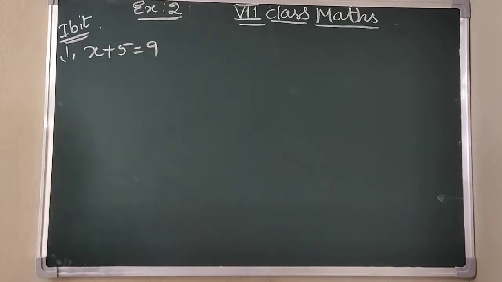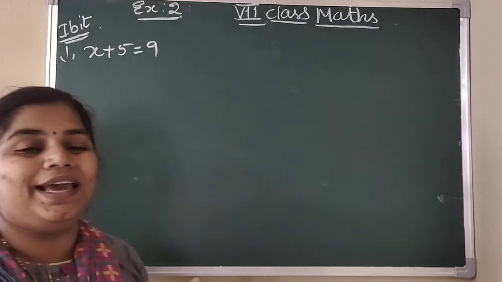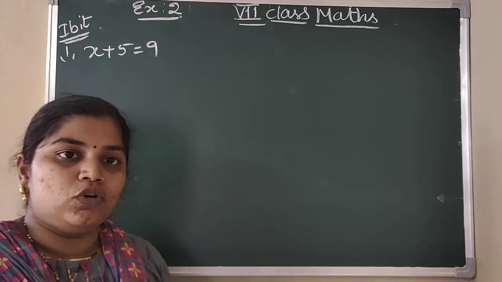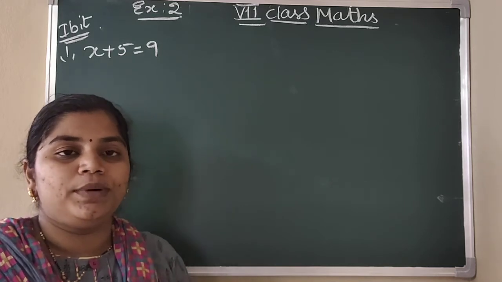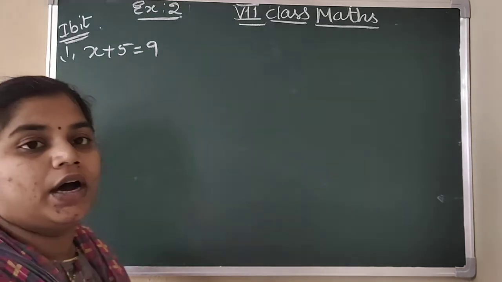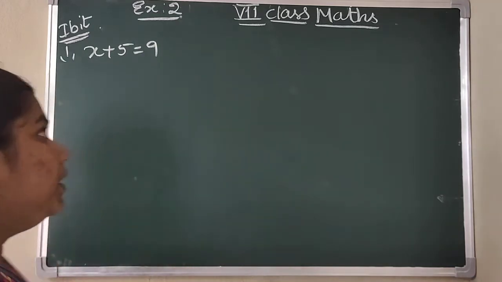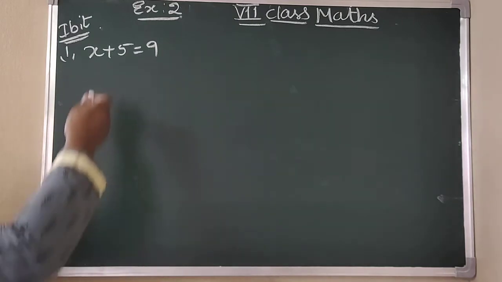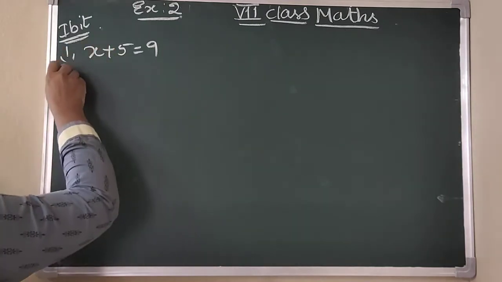So what is the unknown variable here? X is the unknown variable. So which number we are going to find? Always it should be alone. So we have to make that variable alone. So it should not be linked with any number, any numerical value. So we have to remove all the numerical values which are linked with that variable. So here X is linked with 5. Okay, so this 5 should be removed. We have to eliminate that 5. So how to eliminate that?